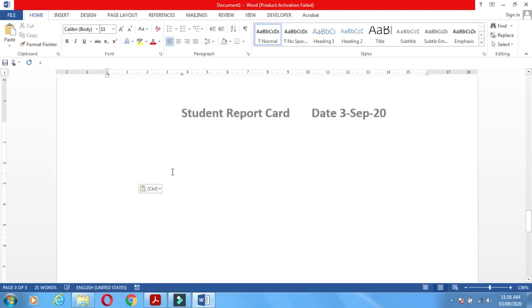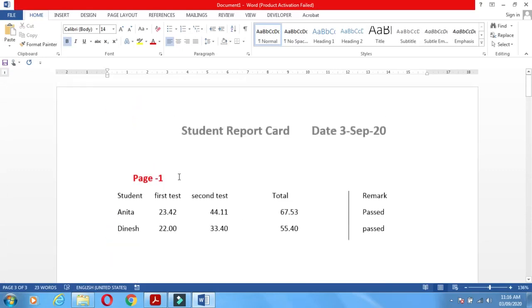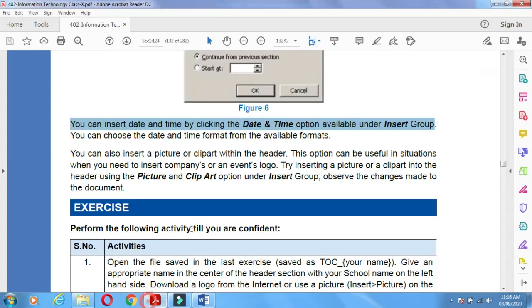Again page 3. Means in this way we can apply header to each and every page, or we can apply the date also, and we can do the formatting professionally. Understand? Now the next is what?